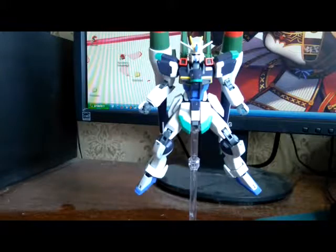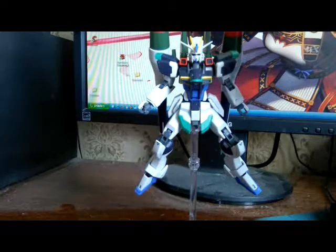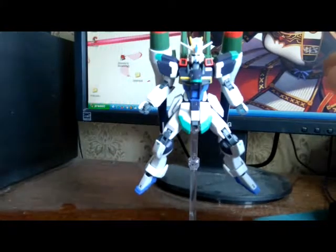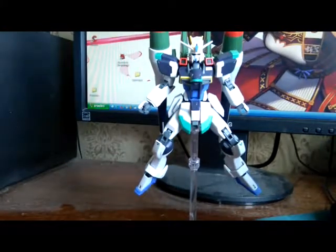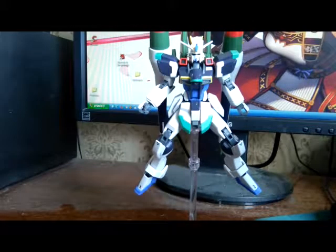I didn't apply much work on it. I just gave some small details here and there. I painted some interior parts which were sticking out and just blended in with the same color of the plastic, and added some panel lines. Overall, it's a very nice kit, but then again, if you are not a fan of Seed